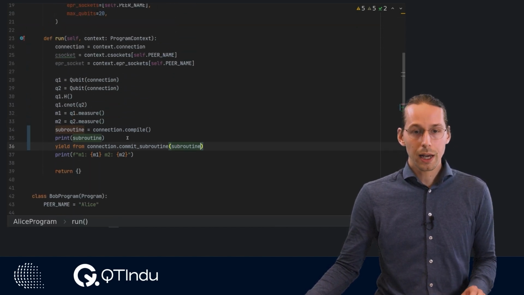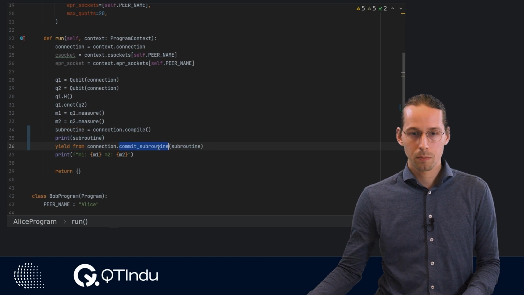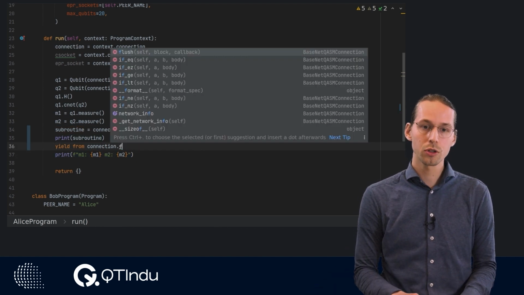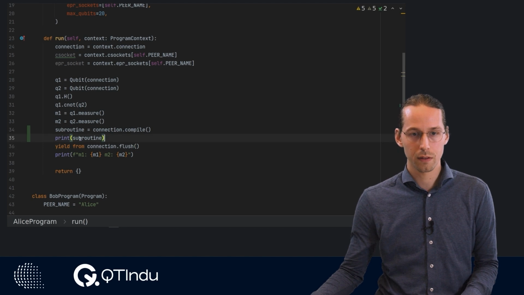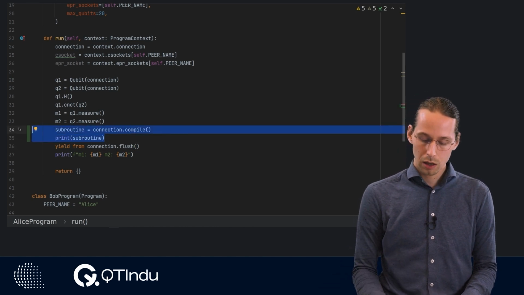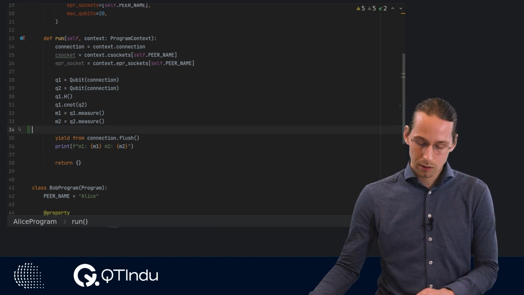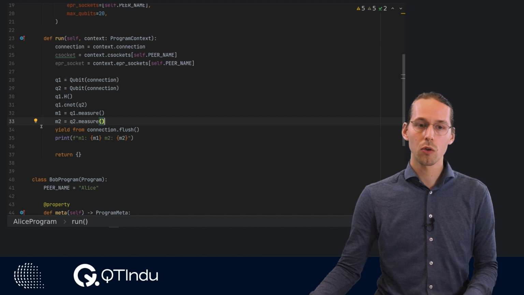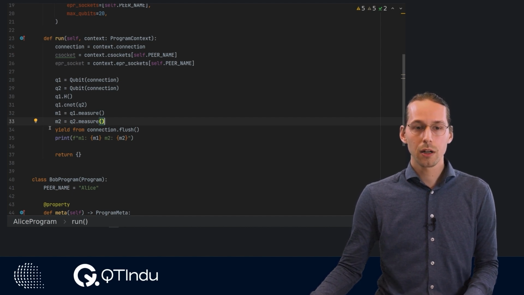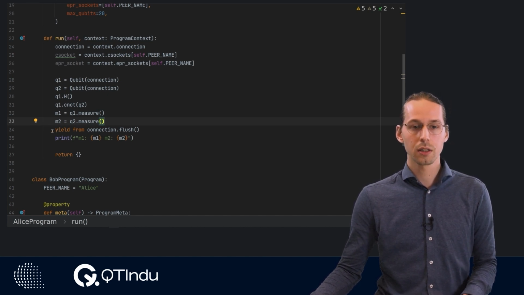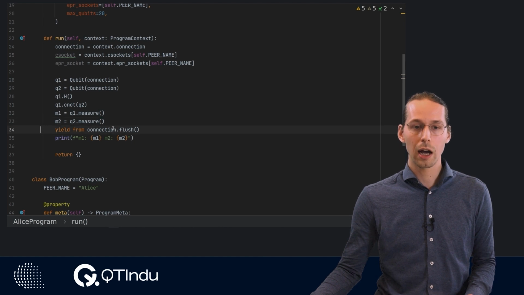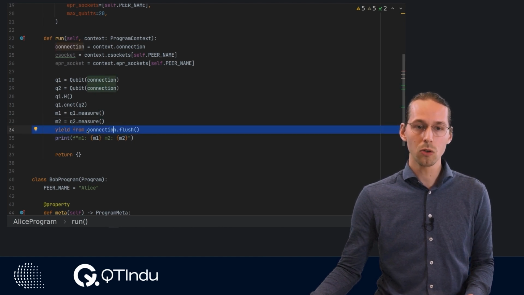So there are some implications to how the measurement results interact with sending the subroutine to the QMPU. That's because all of the simulation of these subroutines happens inside this line of code.